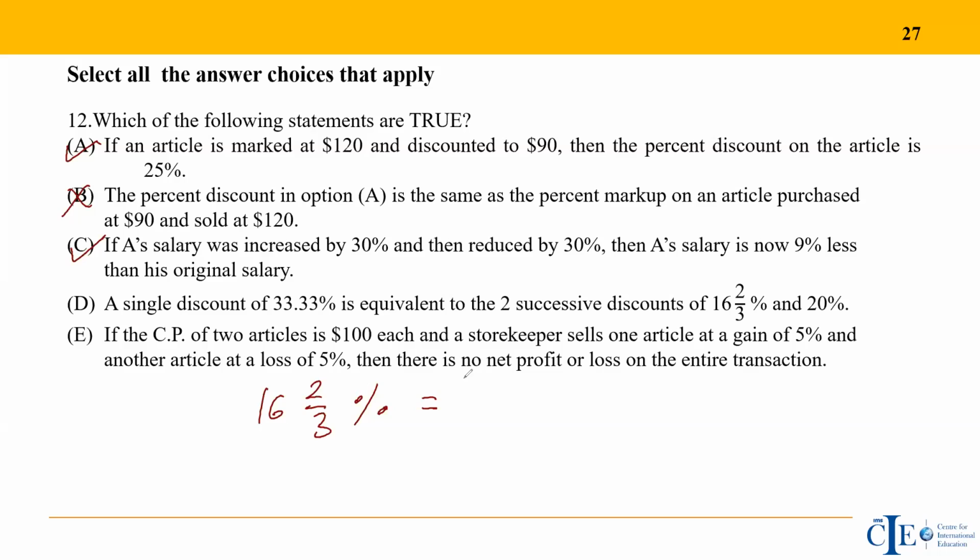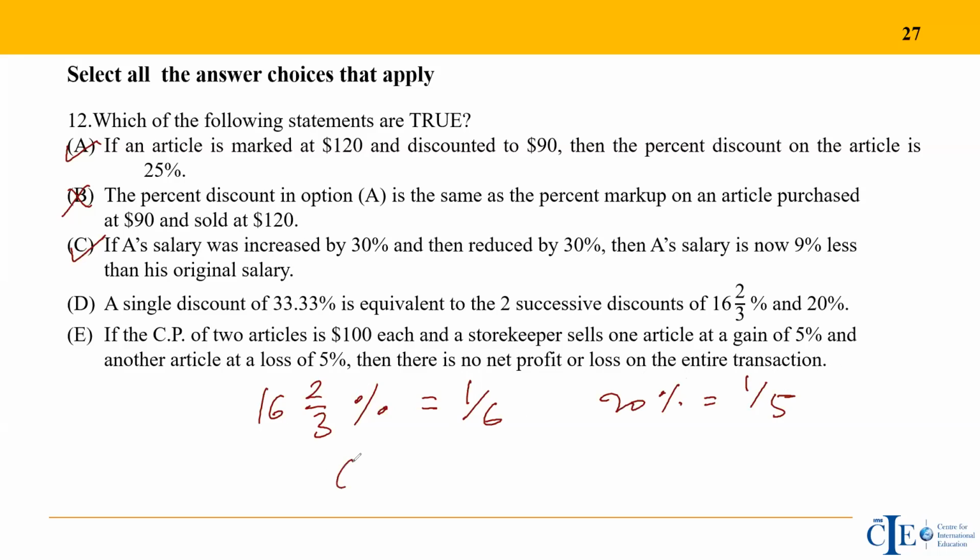Remember we did that last time. This is 1 by 6. 1 by 6, yes, correct, correct. Akshat, 1 by 6 is 16.666, and 20% actually is equal to 1 by 5. So what we see in percent is nothing but 1/6 and 1/5. He reduced first by 1/6 and then later on by 1/5.